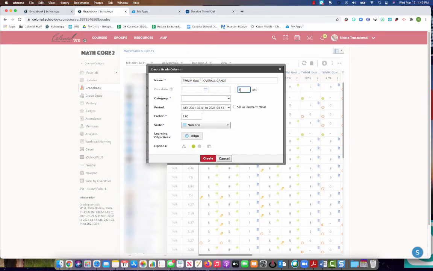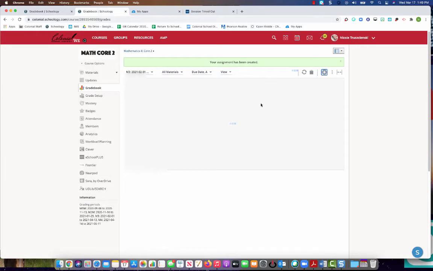So I'm going to change this to 8, change my grading scale to goal-based math. My category, this is going to be the goal check because this is going to be the overall. I'm going to factor this as 0, and then I'm going to hit create. And what's going to happen now is I'm going to have a grading column in my grade book for this